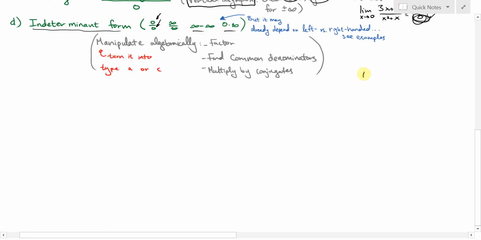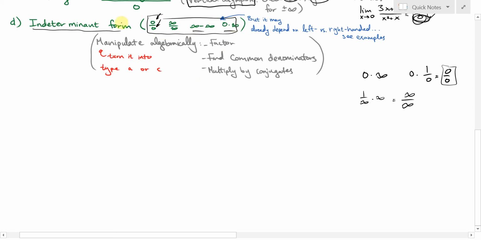0 times infinity. If we write infinity as 1 over 0, then that's like 0 times 1 over 0. That's like 0 over 0. This is all, of course, not formally correct mathematics, but it communicates that 0 times infinity is kind of the same thing as 0 over 0. Or you could have called 0 1 over infinity times infinity, and it's also infinity over infinity or something like this. But the point is that if you plug in the value and you end up with any of these